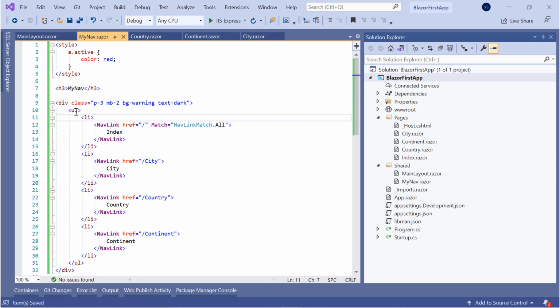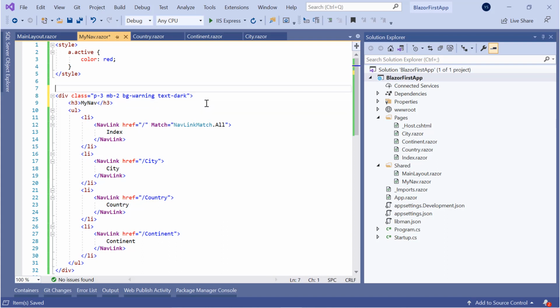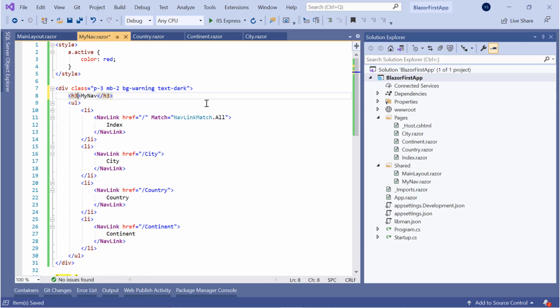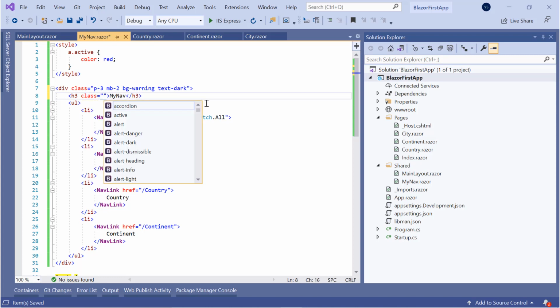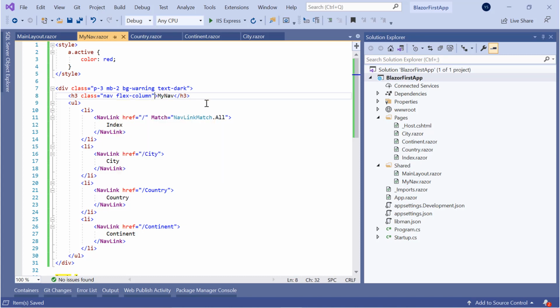and we put this inside it here and give it h3 class as nav and flex column, right?